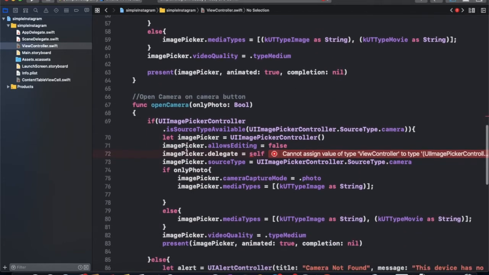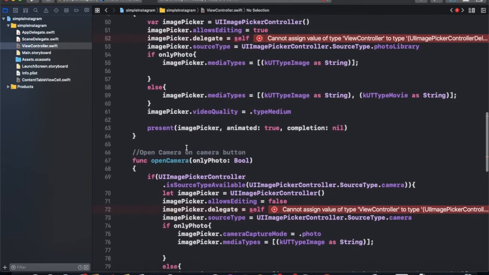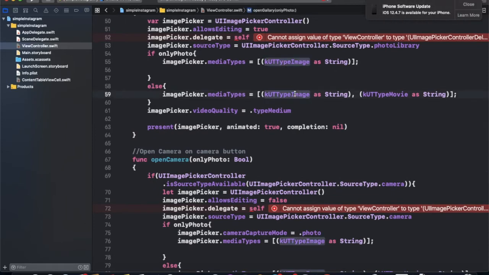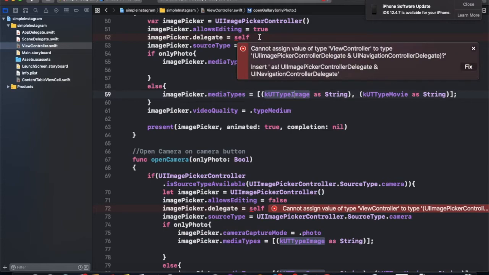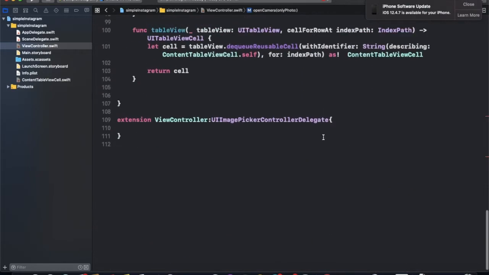We are importing MobileCoreServices for these. Now we go one by one. This will need the UINavigationControllerDelegate.